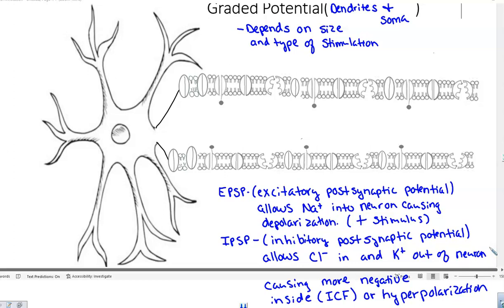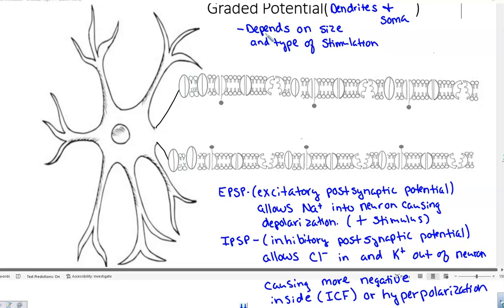All right, so the graded potential is we're really talking about information coming in the dendrites. Remember, information comes in the dendrites and goes to the soma, and eventually is going to go down this axon, which we'll talk about on the action potential. So the graded potential is here at the dendrites and the soma. And the thing about graded potential, because we're going to talk about the difference between action potential and graded